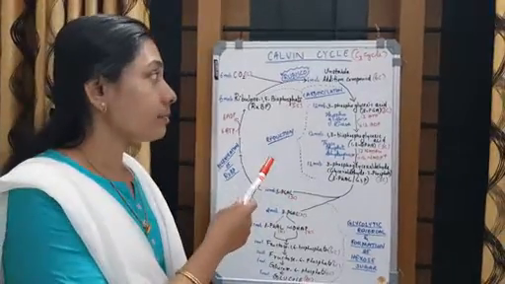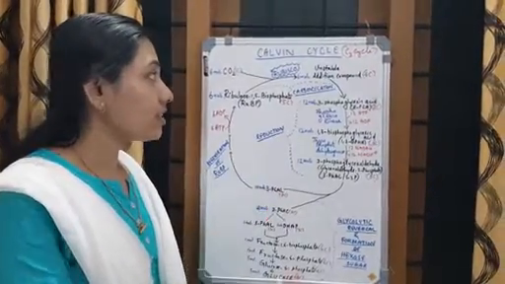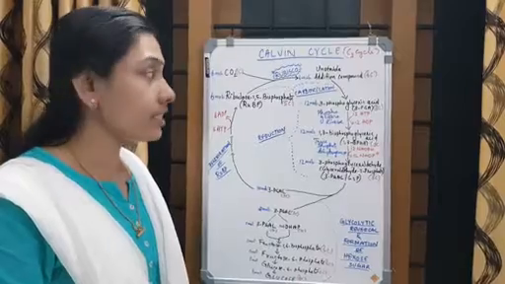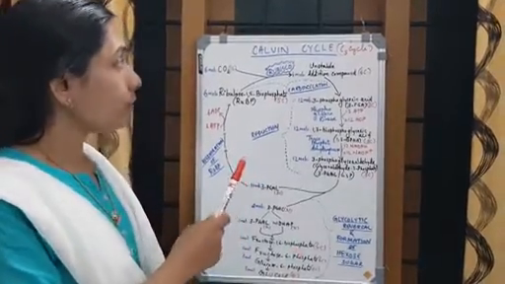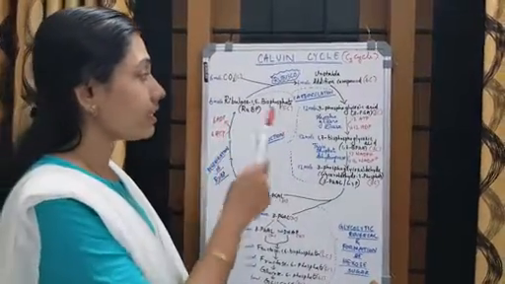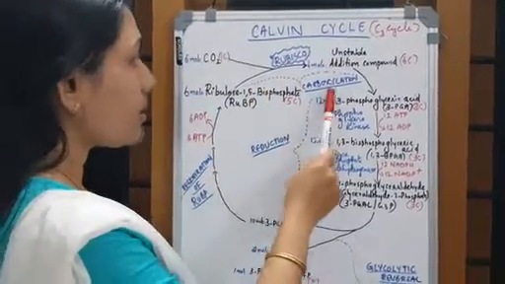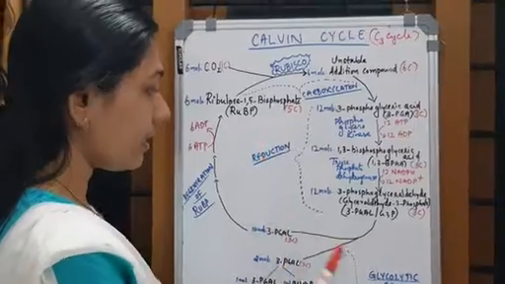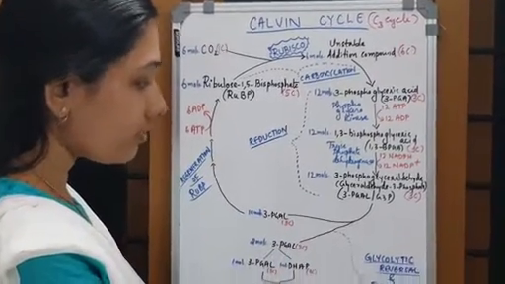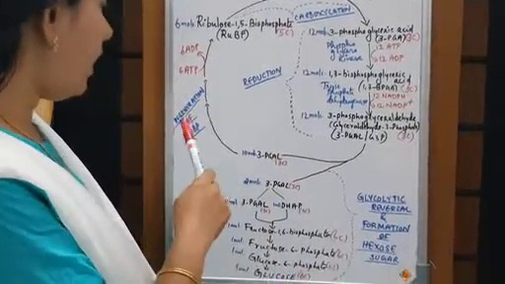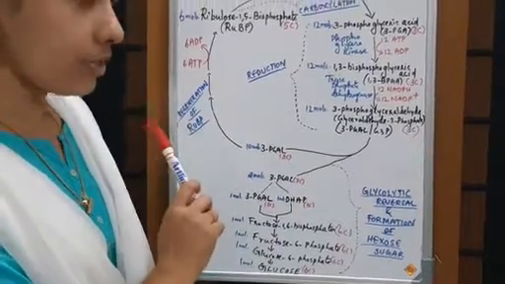This is a schematic representation of the Calvin cycle, which is the fundamental cycle of carbon dioxide fixation in plants. As you all know, the Calvin cycle is a cyclic enzymatic process which is completed in 4 different steps. The first step is carboxylation, the second step is reduction, the third step is glycolytic reversal and formation of hexose sugar, and the fourth step is regeneration of RUBP.